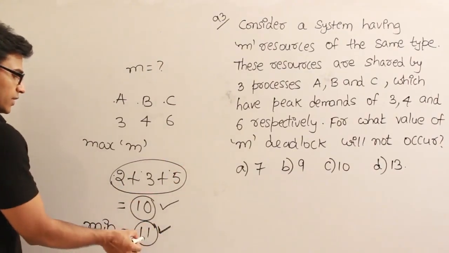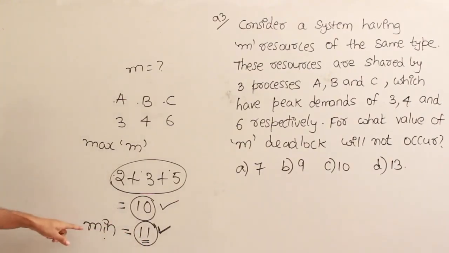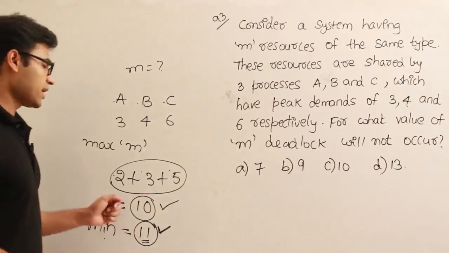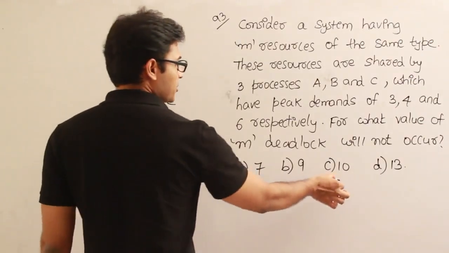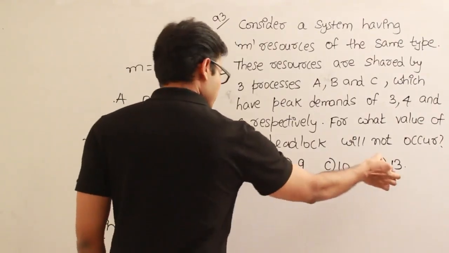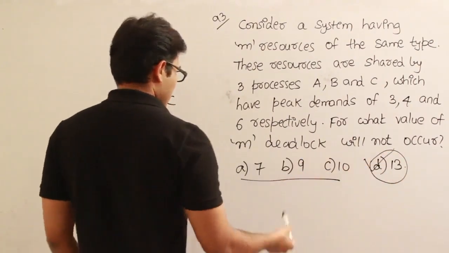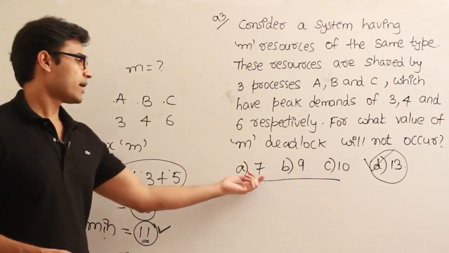See, if with 11 resources there is no deadlock, then anything above 11 there will be no deadlock. So that is why the answer is 11 or anything above 11. Options A, B and C are less than 11. The only option which is greater than or equal to 11 is D. It is the minimum, but in the options you could pick it up. Got it? Or the other way to solve it is, you can prove that even if I have 7 resources,